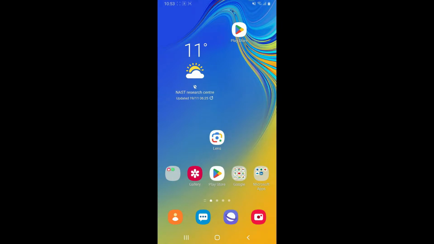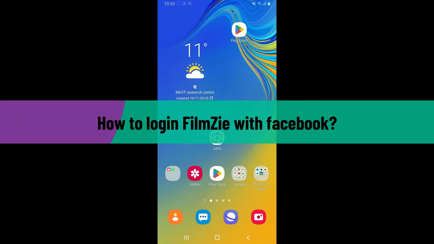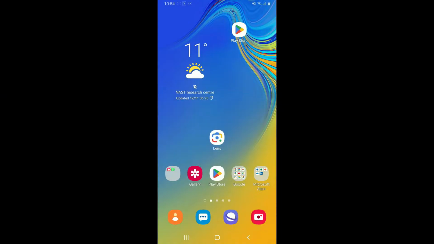In today's episode, I'm going to be showing you how to log into FilmZie with Facebook. If you are looking for a way to log into your FilmZie account with Facebook, then the process is quite